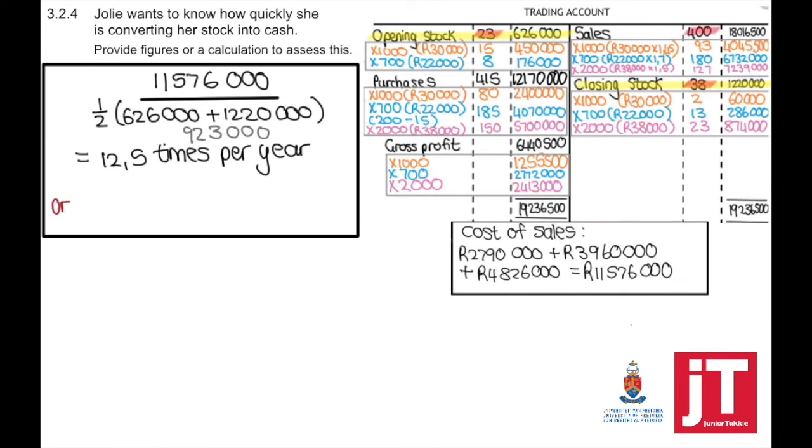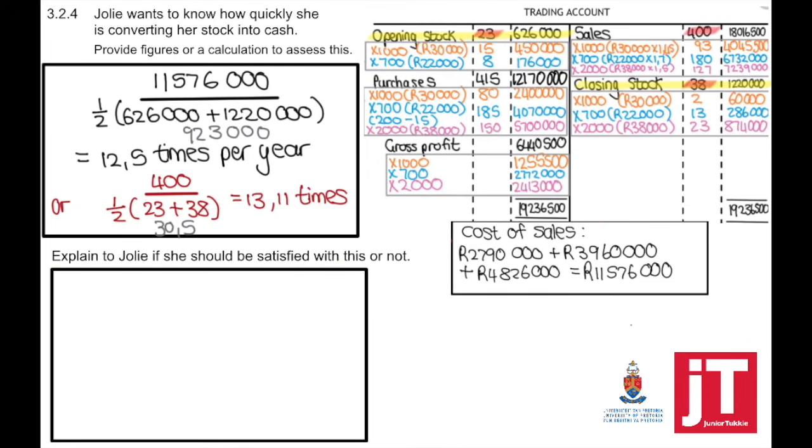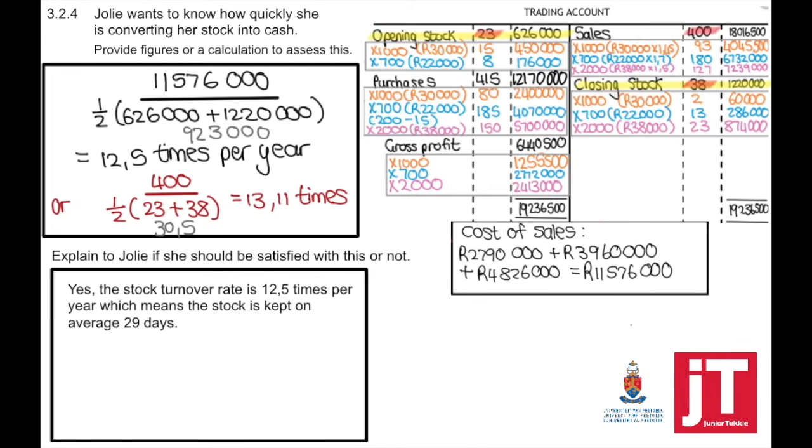You could also use the number of units instead of using the amounts. To use the number of units, we're going to take the total number of units sold, beginning plus end divided by 2, and that equals 13.5 times. The next part of the question says, explain to Jolly if she should be satisfied with this or not. So if we look at